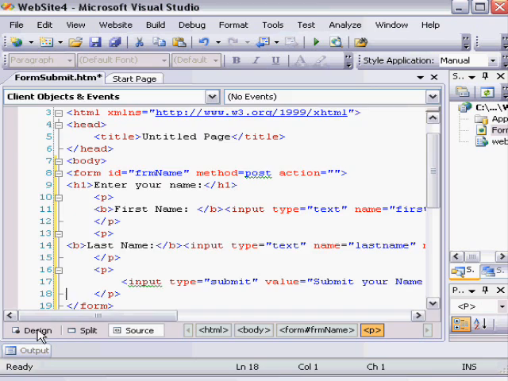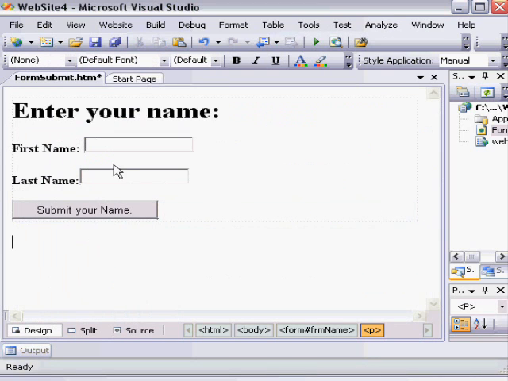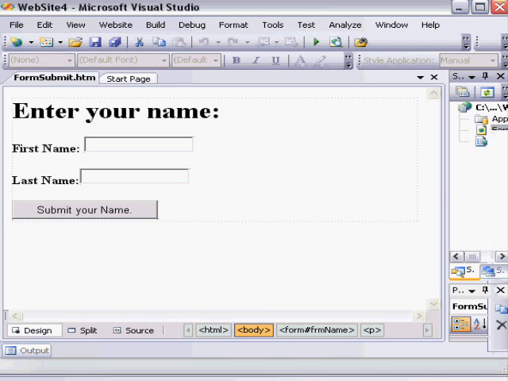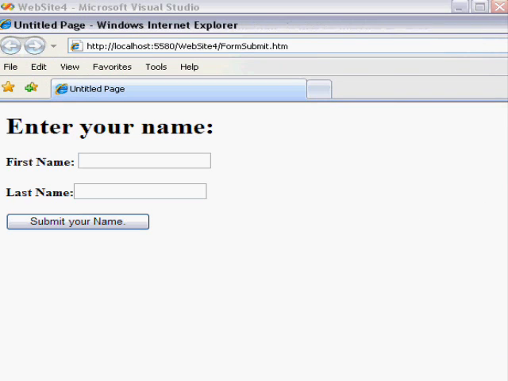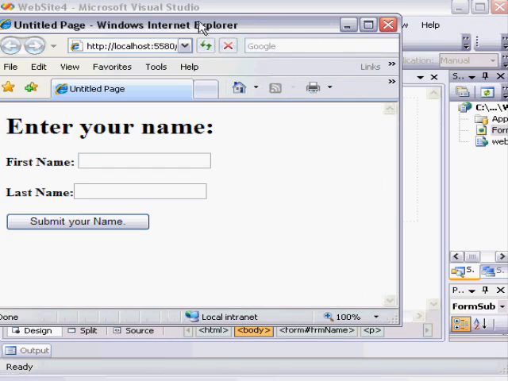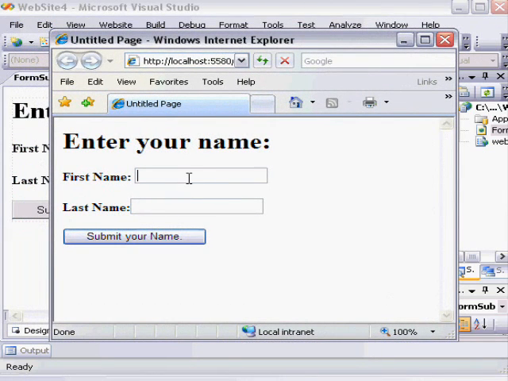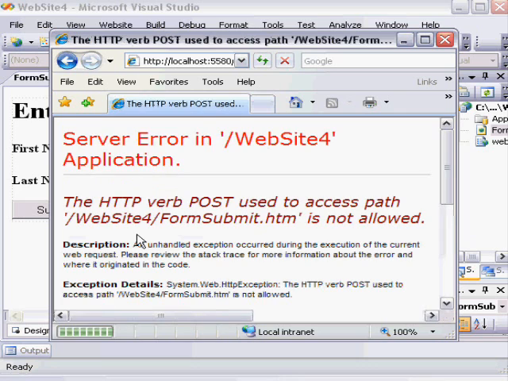And now when I design my form, you can see that I have my two fields and I have a button. So I'm going to save my form, and I'm going to right-click and choose View in Browser. It just started the local Cassini web server on my desktop computer, and you can now see our basic form. So I'm going to type a name and click Submit. Now when I do this, the page will produce an error because there is no destination set. It's trying to submit to itself because